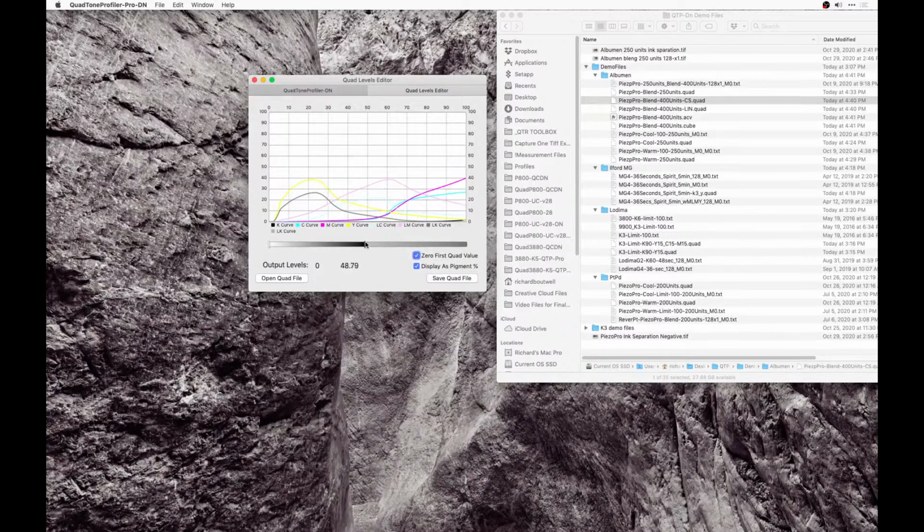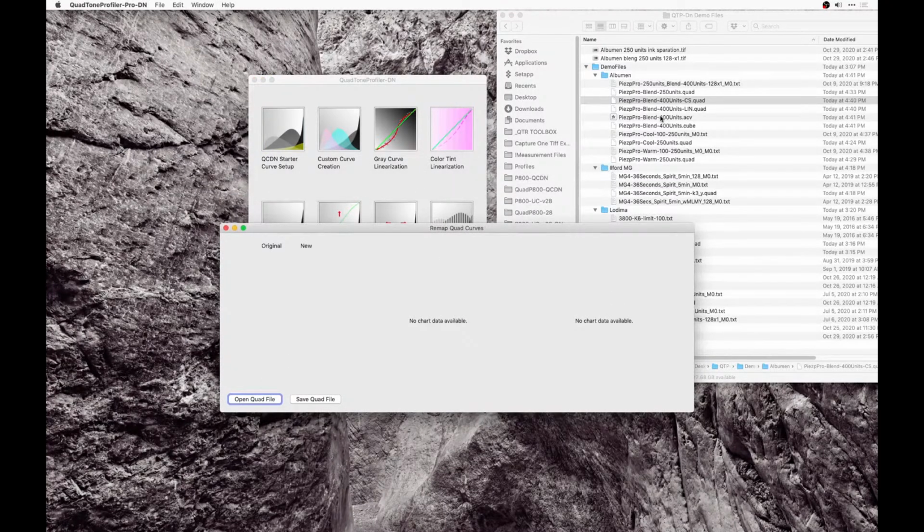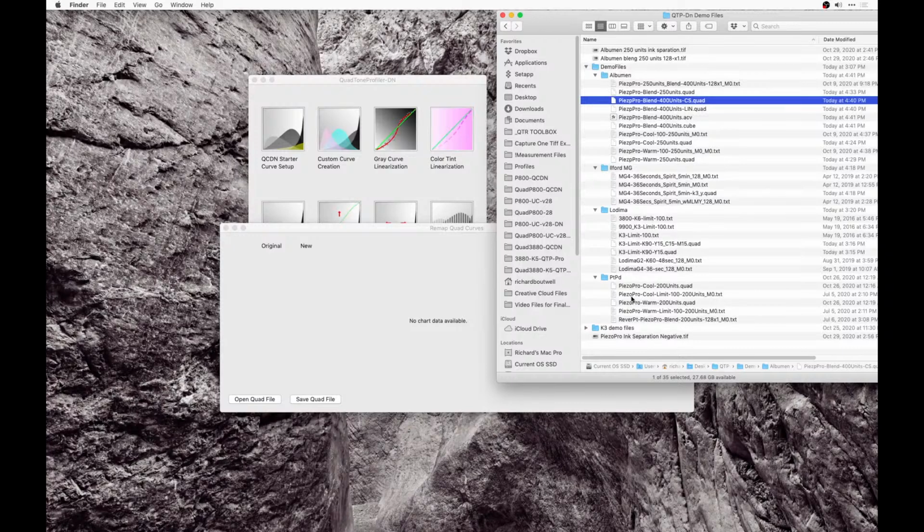So say you scaled it to 50%. See how it kind of cuts everything off where that 50% point was. So you have something like that. And then the other thing is the remapping tool. So let's say we had, let's